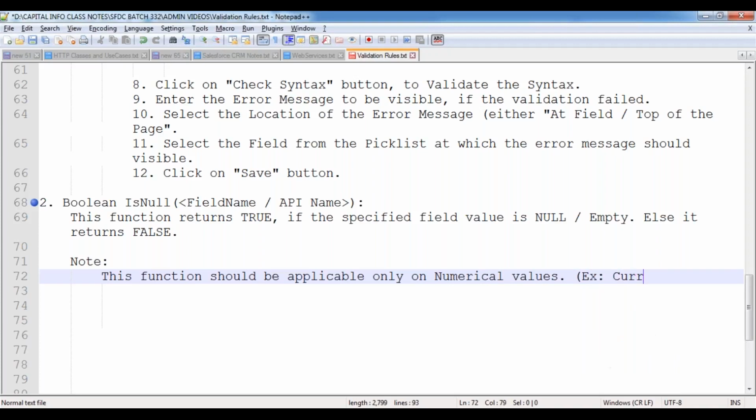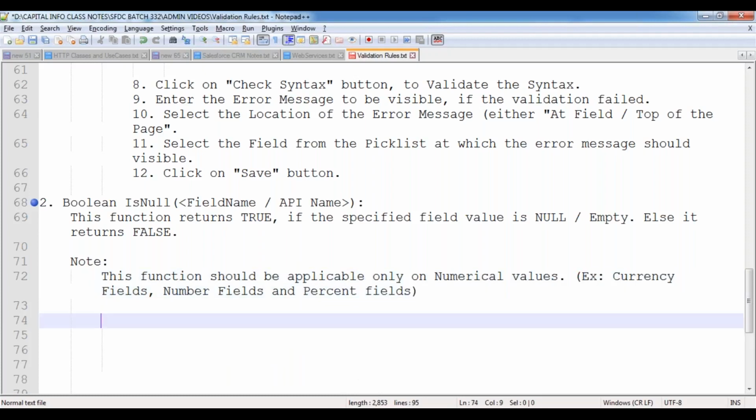For example, currency fields, number fields, and the percent fields. This can be applicable only on the currency fields, number fields, and the percent fields. Because currency field, number field, and the percent fields are purely accepting the numerical values.